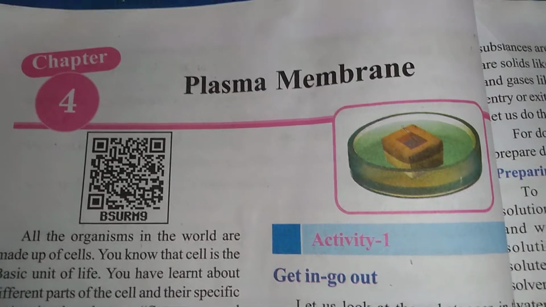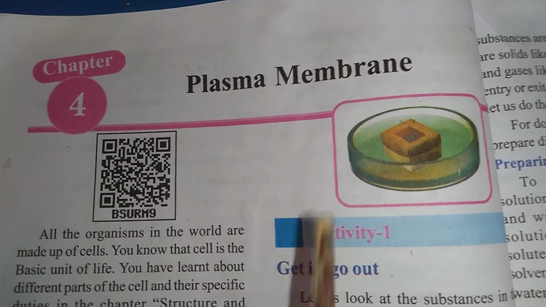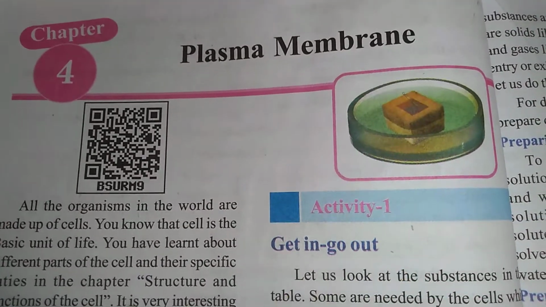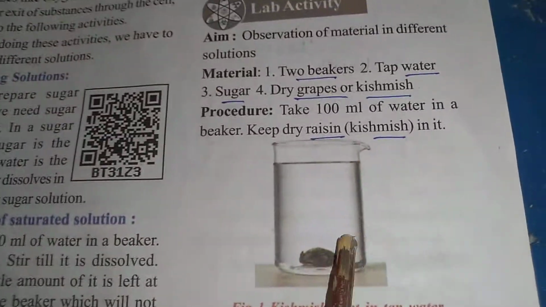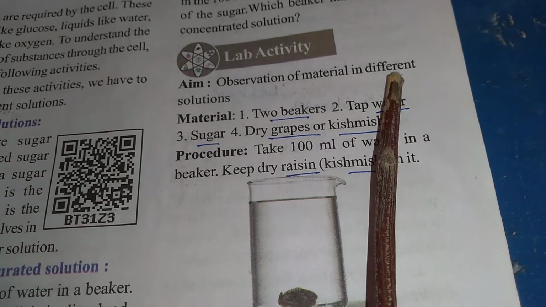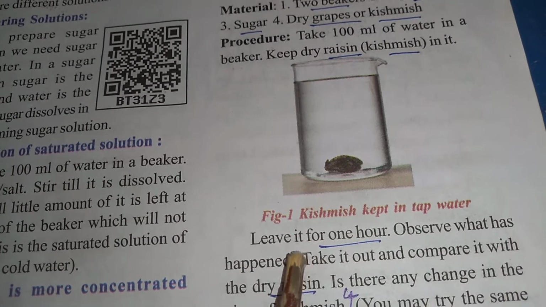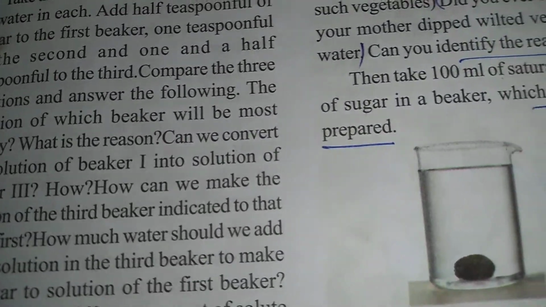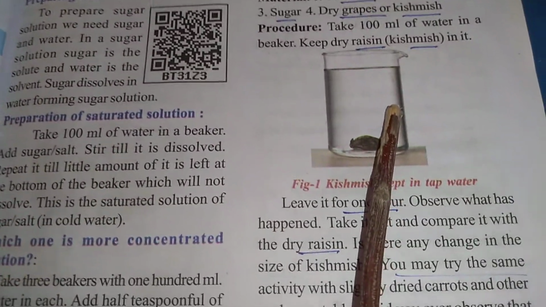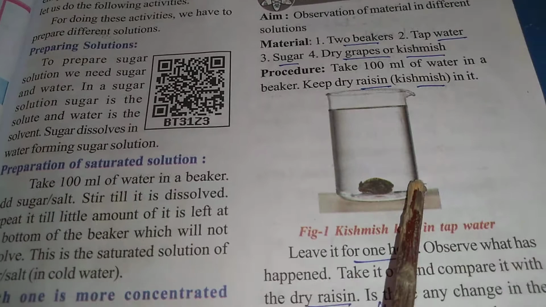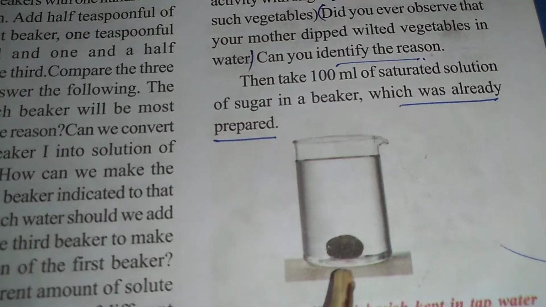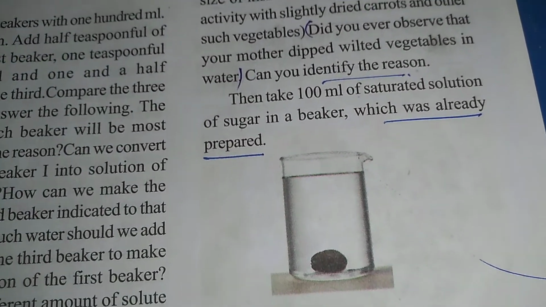Welcome to 9th biology. Apart from the plasma membrane, we already conducted two lab activities regarding it. One is observation of material in different solutions, like kismis in tap water and kismis in sugar solution. While we place the kismis in tap water, it should swell. The same kismis placed in the sugar solution should shrink because of the exosmosis and